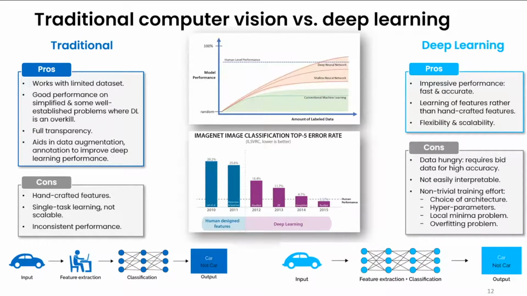But that also means deep learning is very, very data hungry. It needs a lot of data. To give you an idea, the famous image classification models mentioned above are trained on data sets on the order of millions of images. For example, ImageNet has been trained on 1.5 million images with 1,000 object categories or classes. And definitely the data collection and annotation effort is not trivial.